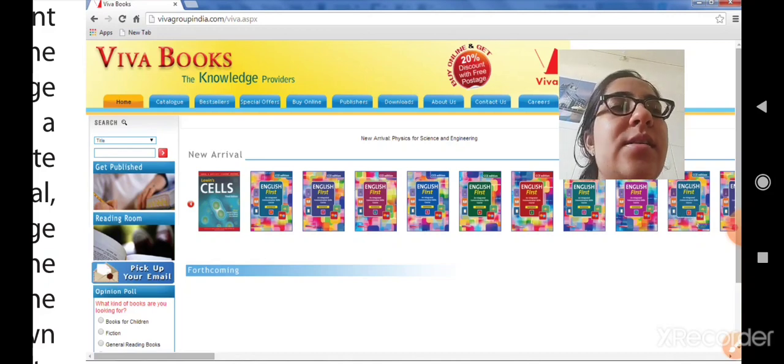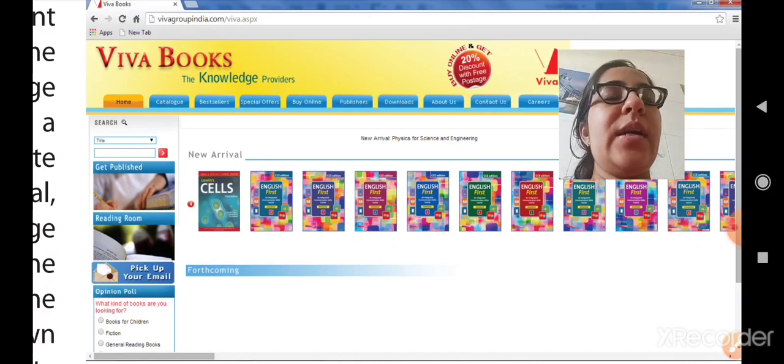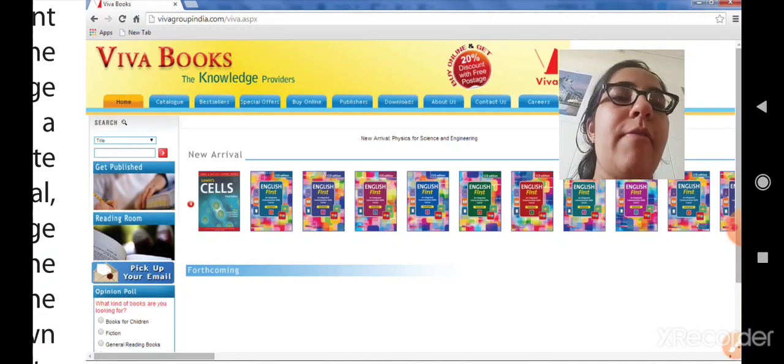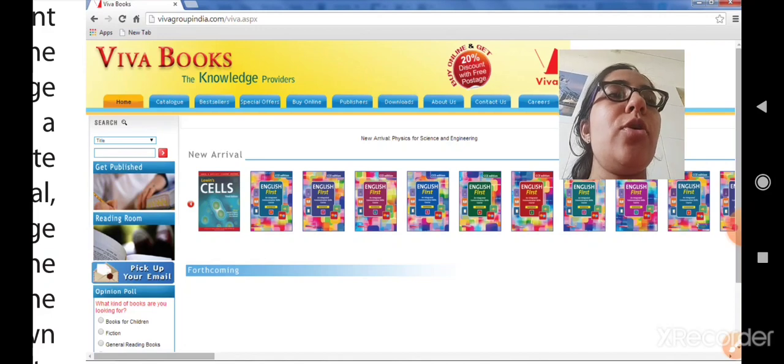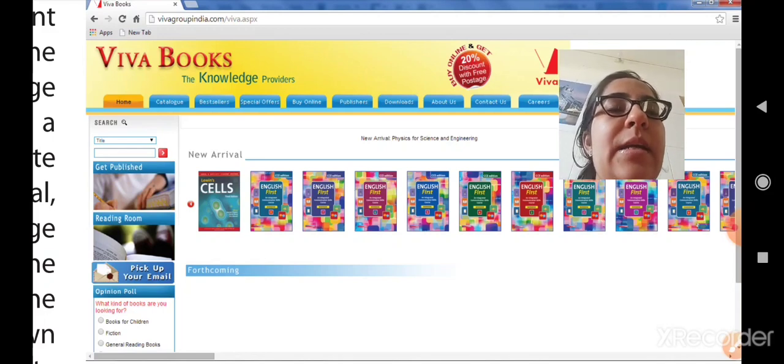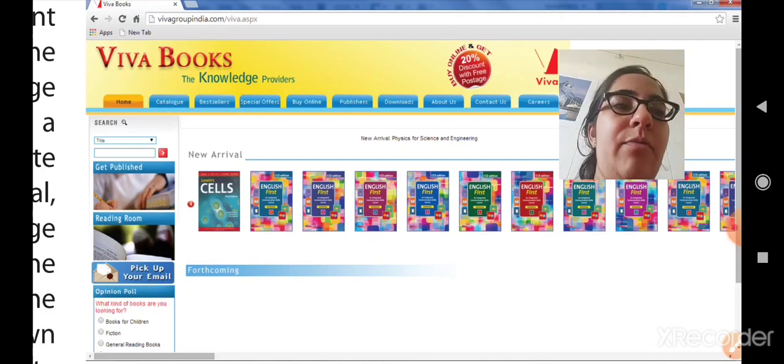You can see that a search button is there. Here you can search the title of the book, whichever book you want. Many books of Viva publications are available. So whichever book you want, you can search for it on the home page. Then you can see the latest books published. You can also see the cover pages of many available books. It means your home page should be very attractive. A person should get complete information about your website from your front page.